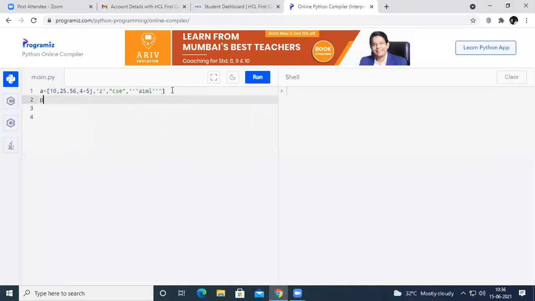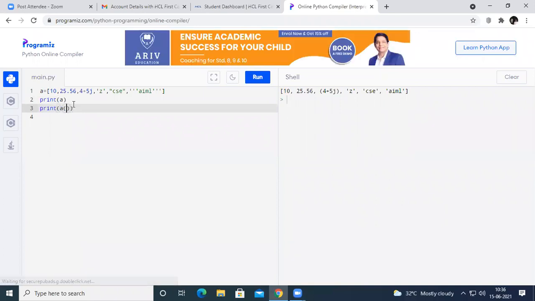So for example, if I want to print all the elements of that list, simply I can do print A. Okay, if you observe, if I give print A, it has printed all the elements in that list. And similarly, if I want to print the element at index 0, if I do this one, it is going to print. I had one mistake here. Okay.